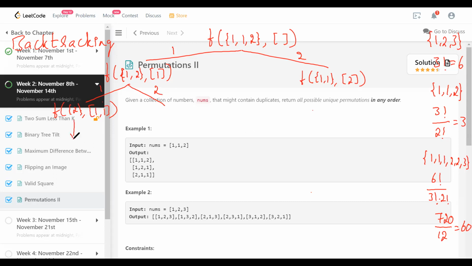If I go with that choice, I'm going to have f of a null set with 1, 1, 2 as a permutation, and that is a permutation which is a leaf in this kind of tree we are developing, which is a permutation we're going to consider. And then we're going to backtrack and go back to this f of 2 comma 1, 1 comma 1. In that case, there is no other possibility, so we're going to backtrack again to f of 1 comma 2.